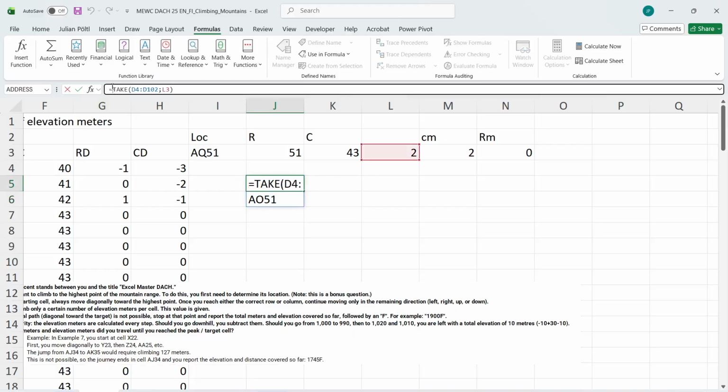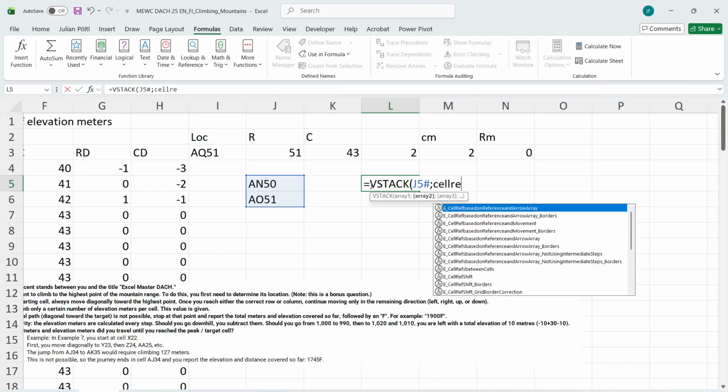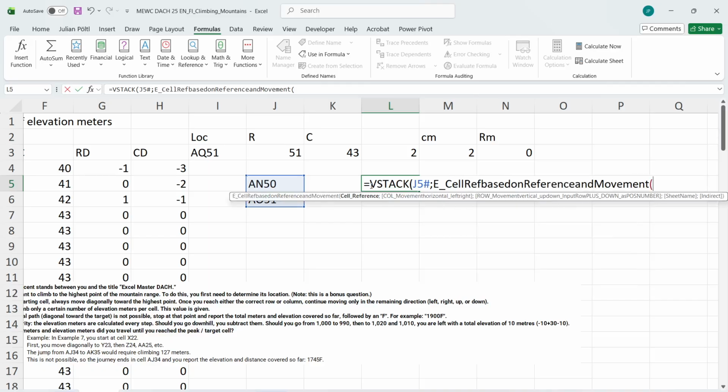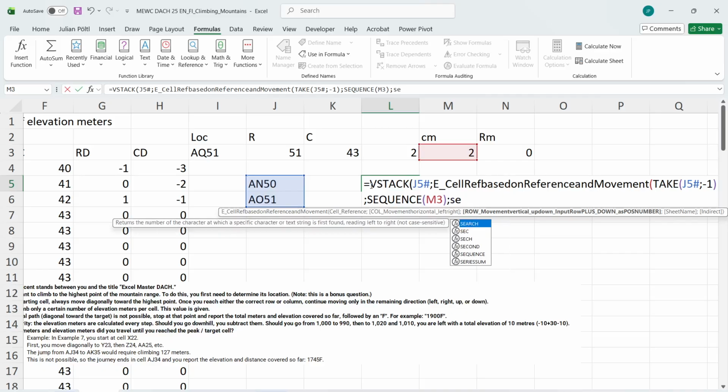Okay, now let's do VStack this plus cell ref based on reference and movement, and take -1. Column movement is sequence, and sequence